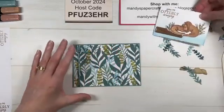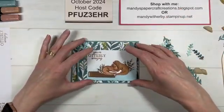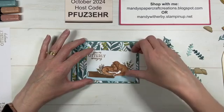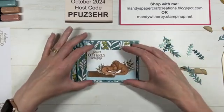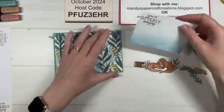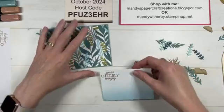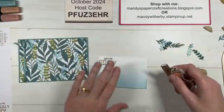Okay, so now we'll add this layer, and I think I'm going to add this layer up on dimensionals. I think we'll add a little bit of dimension to that one. In fact, you know what I'm going to do? I'm going to create my scene flat first, and then I'll put the whole thing